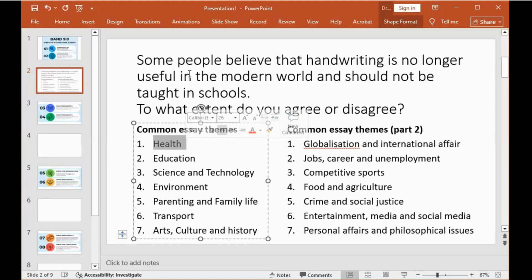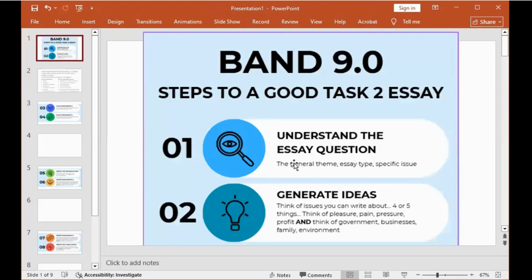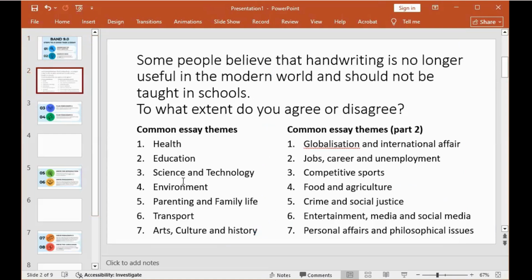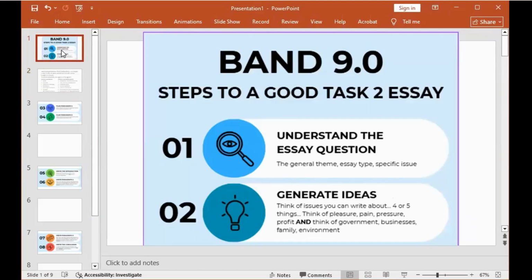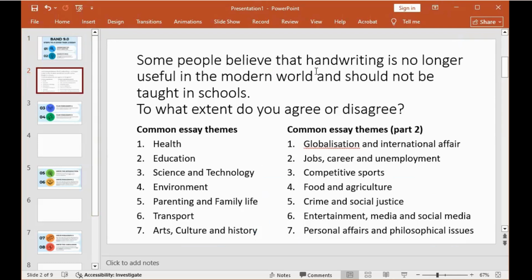If the essay has to do with science and technology, there are some words that should show up. So whenever you see an essay question, the first thing you want to figure out is, okay, what is the general theme? So that once you know the general theme, your head will start bubbling up with the theme-specific words that should show up for this kind of essay. There's a PDF file I have that I'm going to share with you that contains these essay themes and some theme-specific words that you can use in your essay whenever you see an essay question for a particular theme.